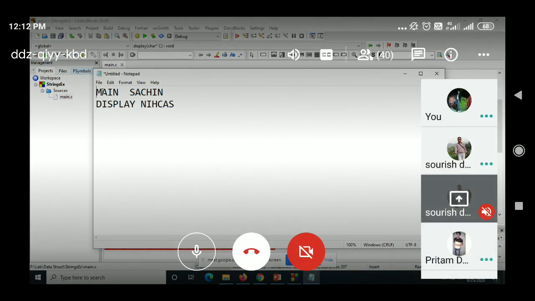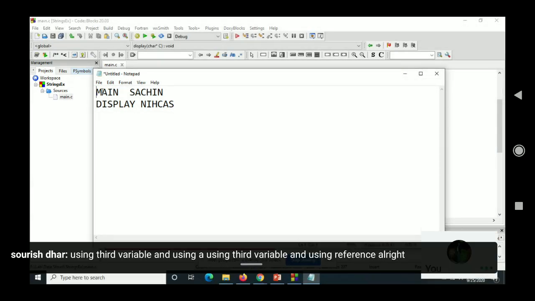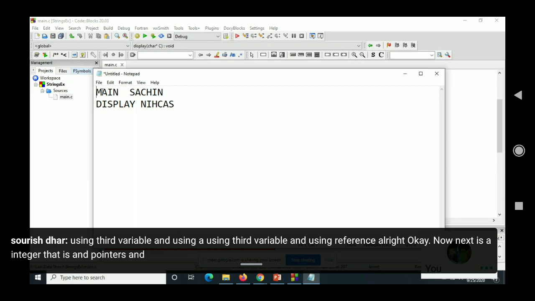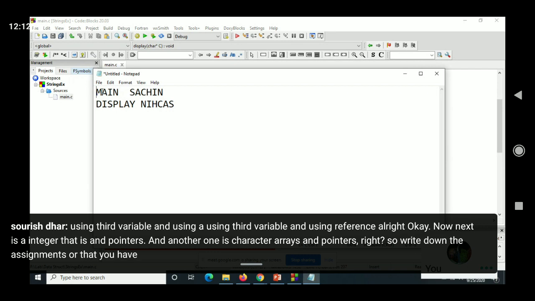All right. Okay, now next is integer arrays and pointers, and another one is character arrays and pointers, right? So write down the assignments that you have to do in the practical lab.